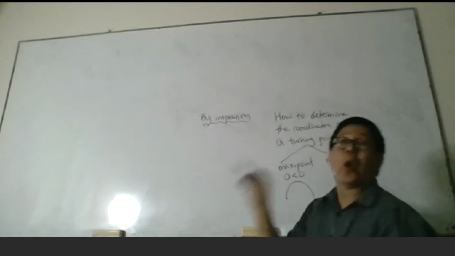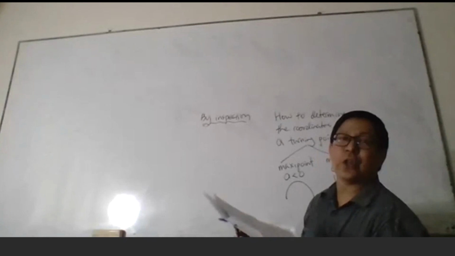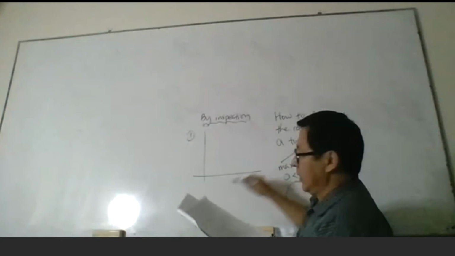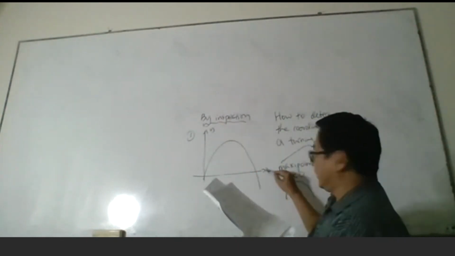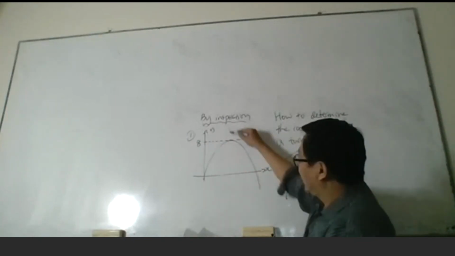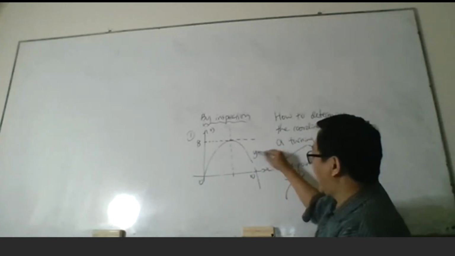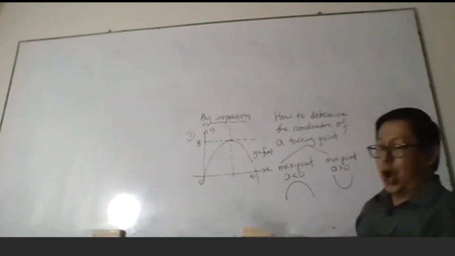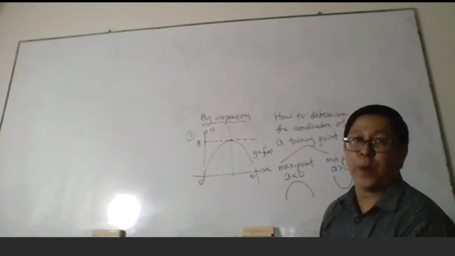How? Just look at your graph. It's simple. Can you please look at your example 1? In the question, it's something like this. This is your y and this is your x. You see the number here is 8. And they give you 0 and 10. So y equals f(x), right? First of all, in order to find the x coordinate of this turning point,